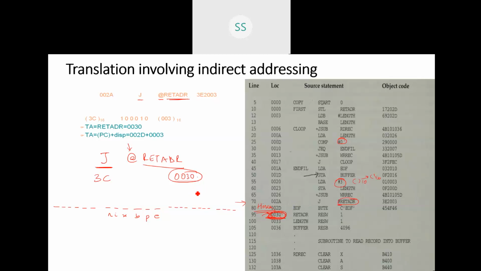How do we do this? To do this, you have to find the difference. You have to find the difference. So when we say return address